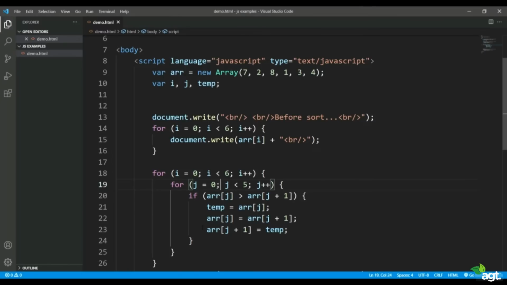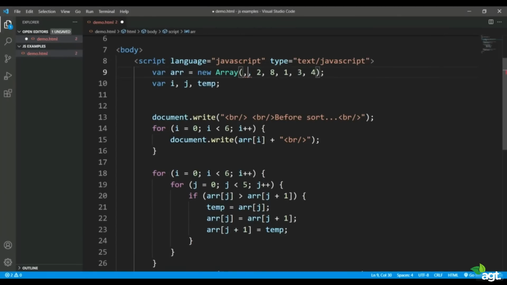That will not make it a complete sort, but of course the two values would be sorted, because it is ascending order, so any smaller value has to come before the greater value. That is what I have done inside this. These 3 lines are simply swapping the values of the 0th and 1st index. So the value of the 1st index will be here in the 0th index, and the 7 which is at the 0th index will come to the